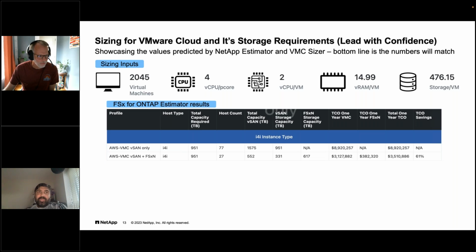And what we do in the estimator is fairly simple. We use VMC Sizer APIs. So let me take a step back here. For those who know, VMware provides a sizer, which is called the VMC Sizer. And what NetApp is doing is leveraging the VMware sizer APIs, sending the inputs as a JSON payload to that particular sizer, and getting the sizing prediction back, which comes back to us as a response payload. So if you look at this particular slide and the example in this one,